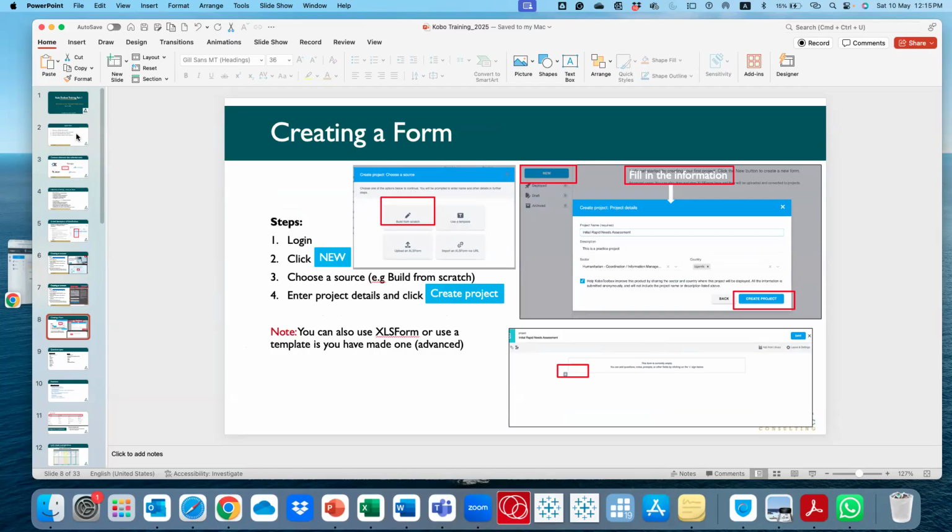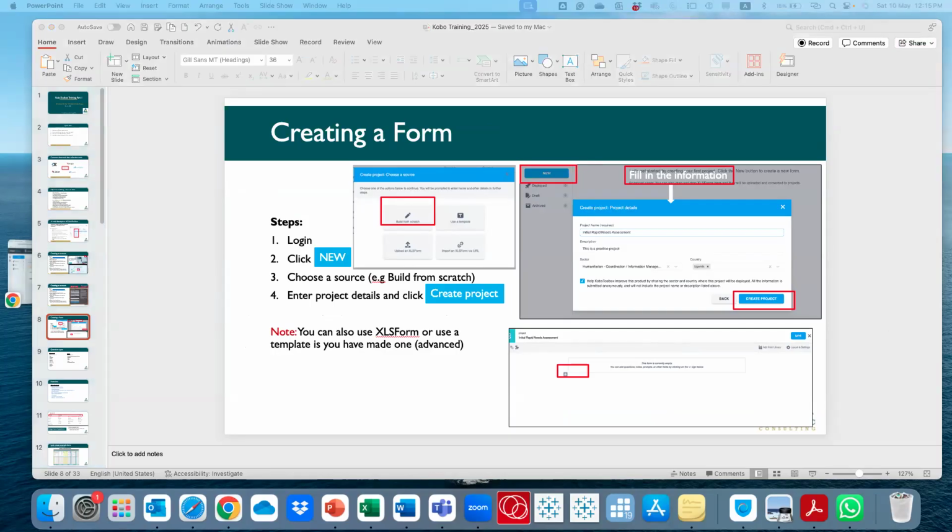But KoBo is a tool that facilitates your work. It doesn't do the work for you. So that means thinking through your research, thinking through your evaluation is something that you do as a researcher. You have to sit down, think through your questions, your tools, and whatnot. Then you just enter it into KoBo. KoBo is a medium through which you can facilitate the data collection and management of that process of data collection.